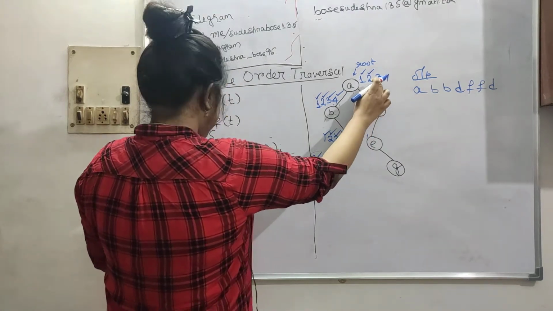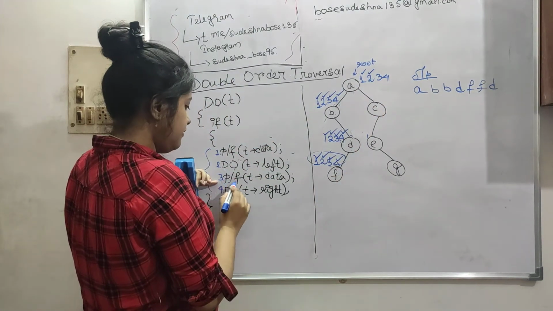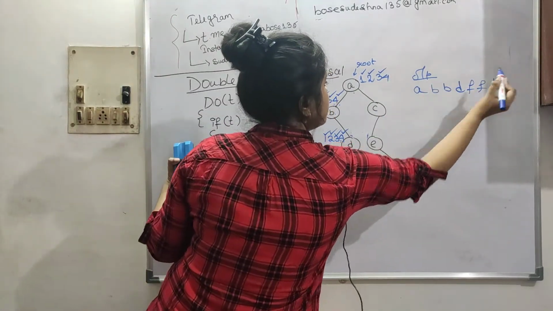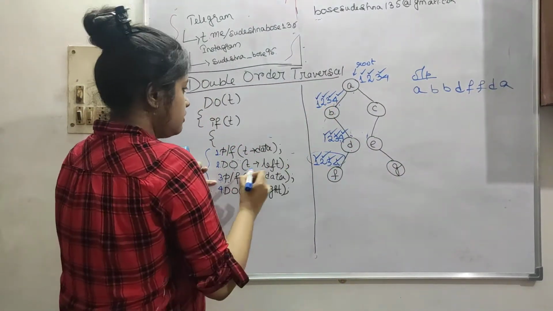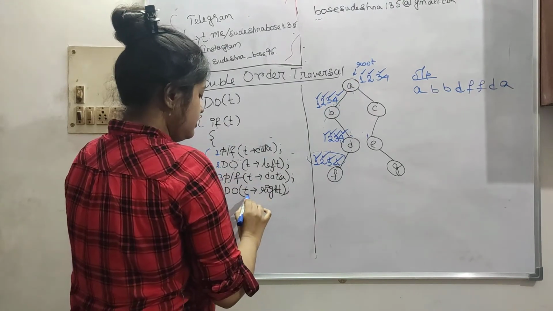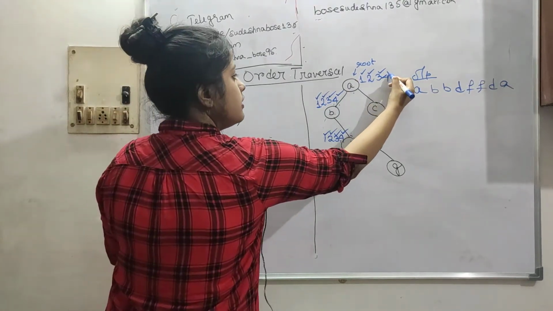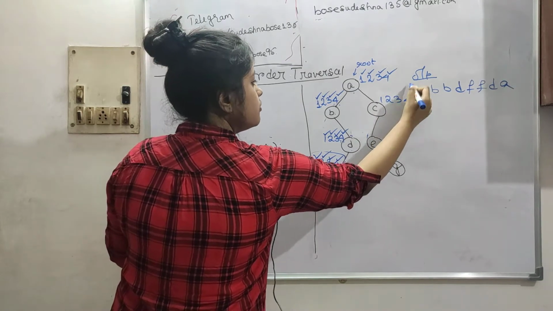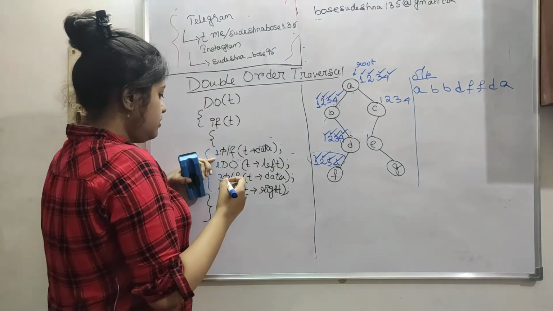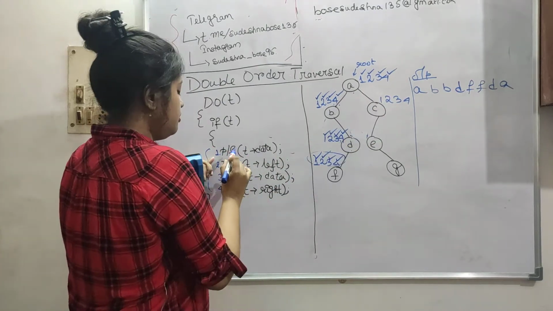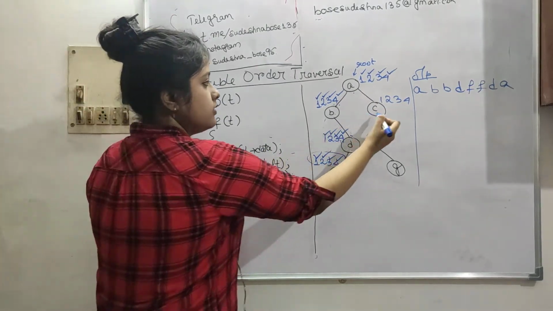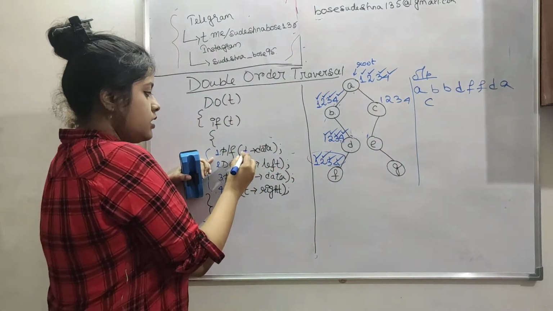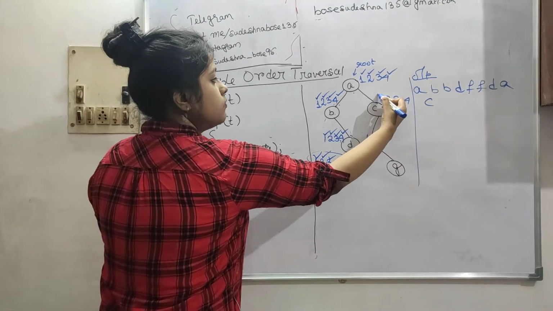So A, number 3, that is printf T arrow data, so we put A. Okay, so now 3 is done. 4, T arrow right, we go here 1 2 3 and 4. So again here 1 2 3 and 4, printf T arrow data, so I write it here. Okay, after this write it here, T arrow data, so 1 is done.